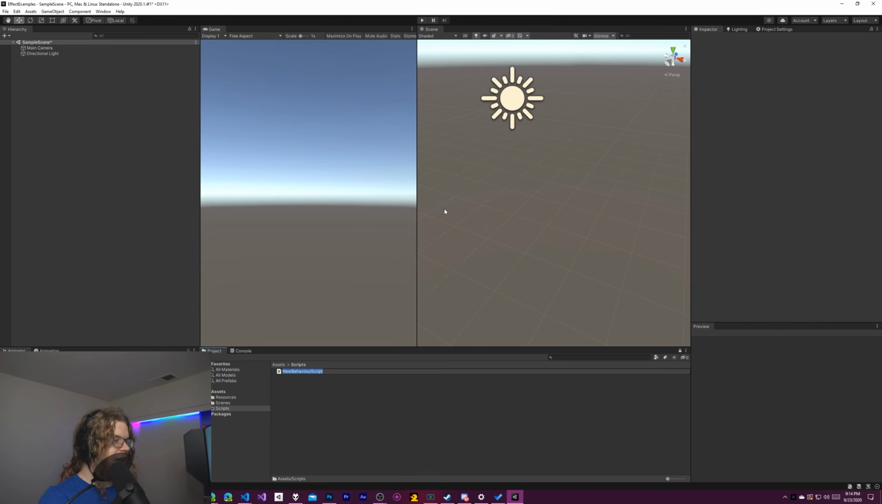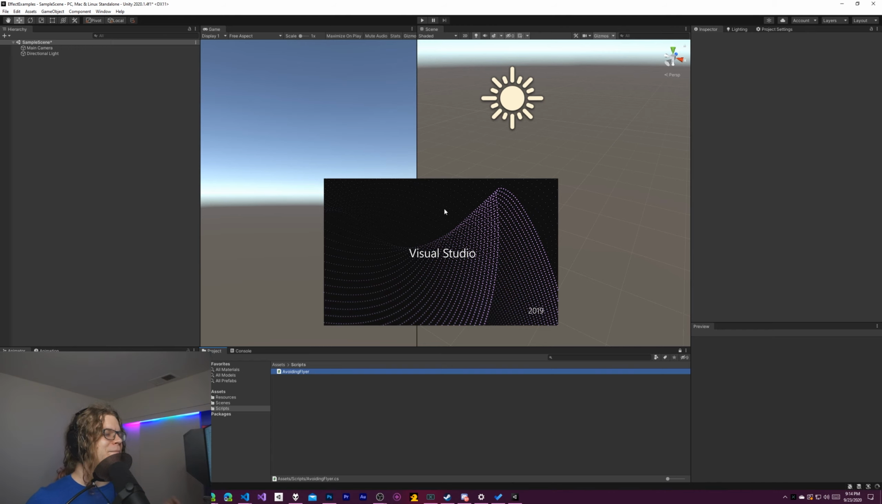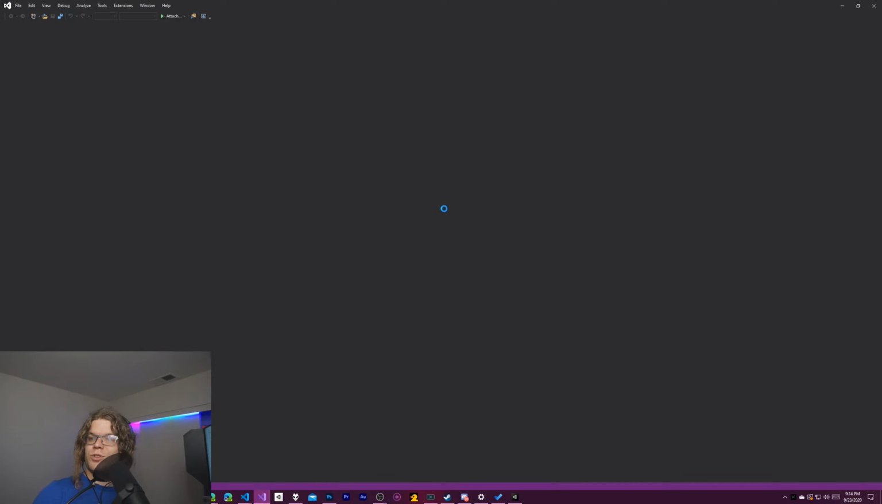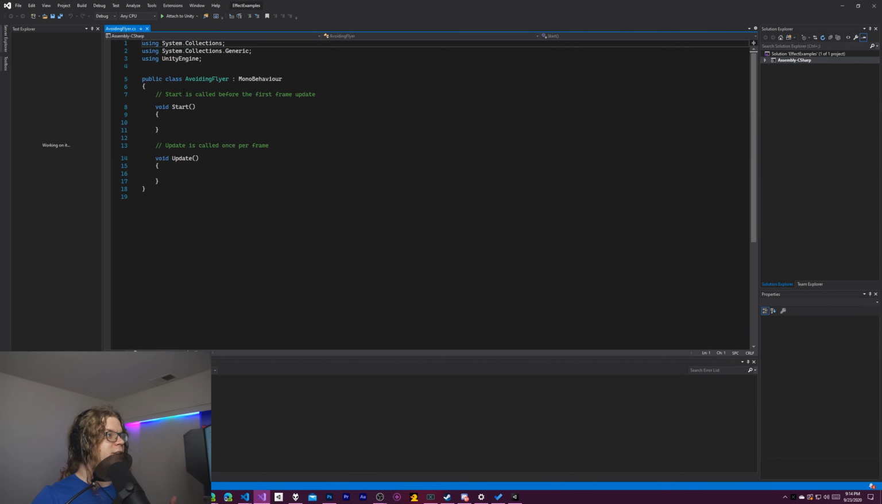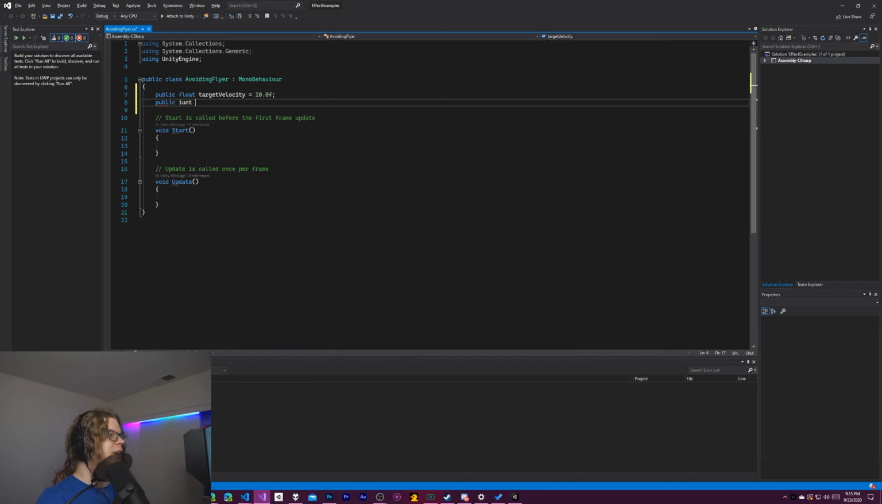So we're going to create an avoiding flyer script. That's a weird name. And so we're just going to start writing this and see how it goes. I kind of described what I'm thinking should work. I don't actually know if that's how we're going to do this, but we're going to have a target velocity, and then that's going to be divided by the number of rays. So we will say public float target velocity equals, say, 10. We can change that later, and then public int